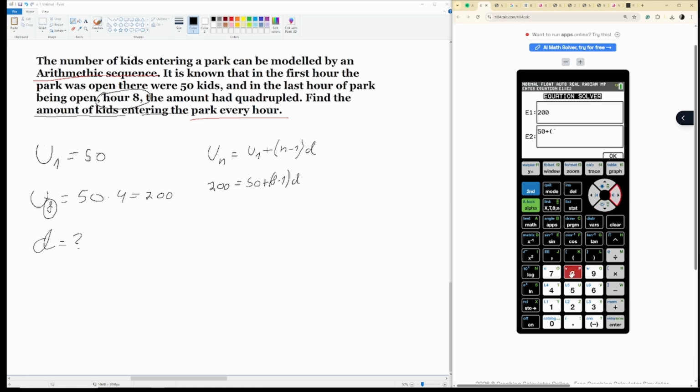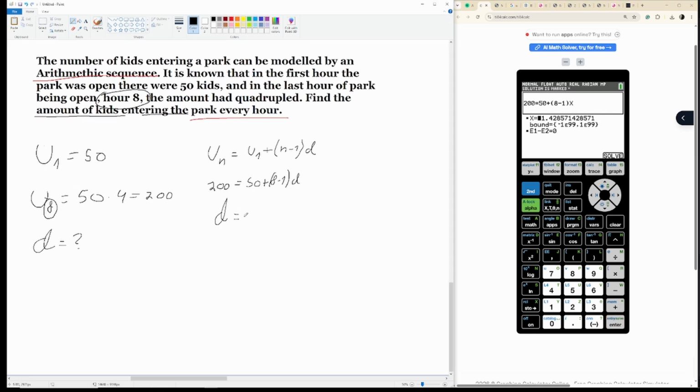I've done something similar here. And instead of d, you put x. And x can be found here as well. And then you get your answer, that d equals 21.24. And then you round to 3 significant figures, and you get that the amount of kids entering each hour